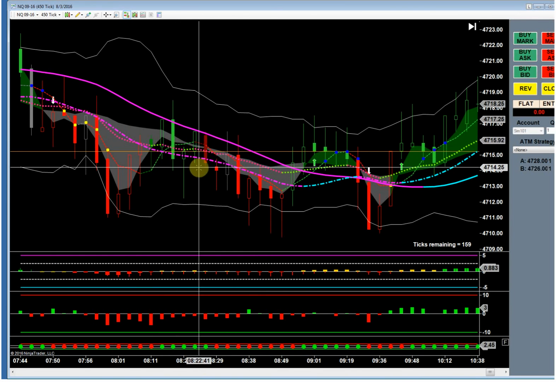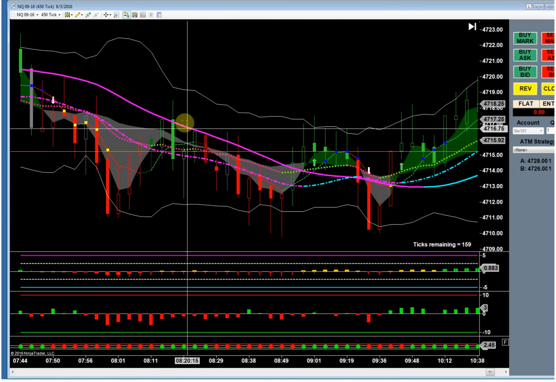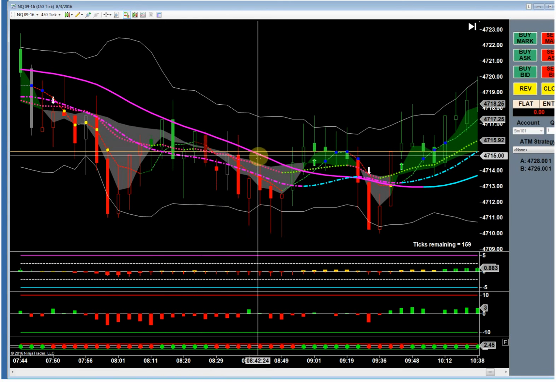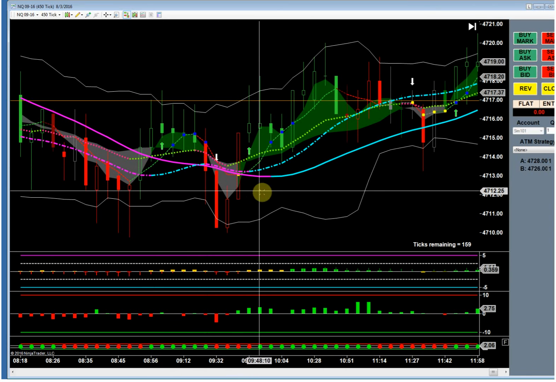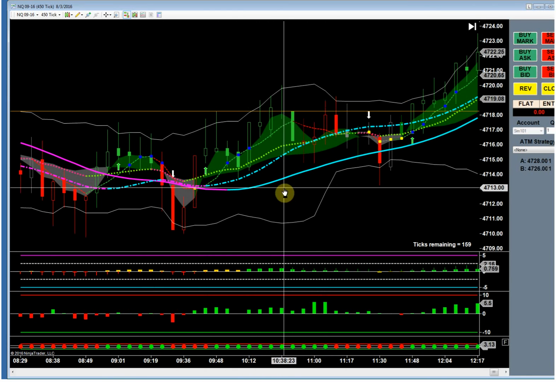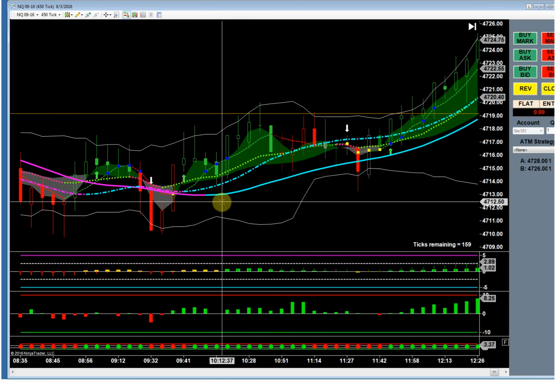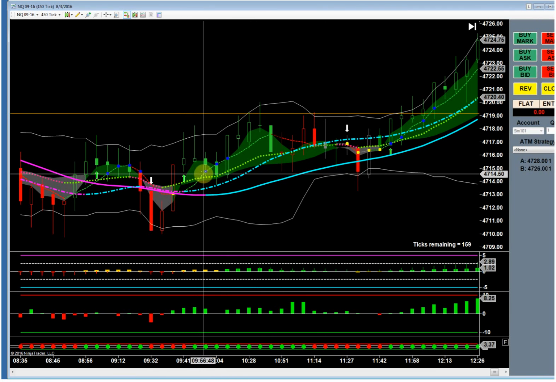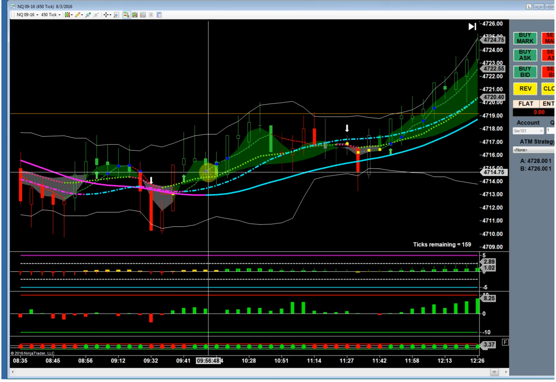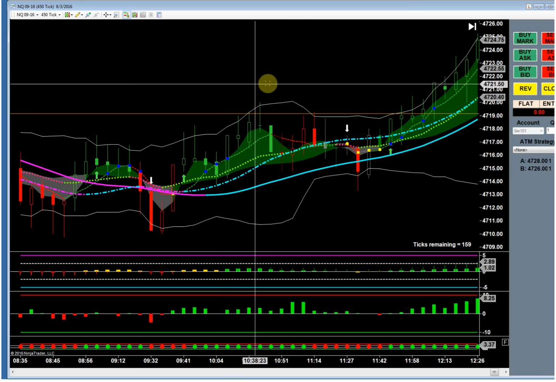Here there was a continuation of the sell channel from the weird whipsaw. There was no trade here. More whipsaw. It went crazy again right around 11 o'clock. But then what happens here? Here's a crossover on the upside, a new buy channel. So your first pullback signal line is here, or if you waited for the trend bands to match, it's right here. Either way, they shoot up for 3 points.